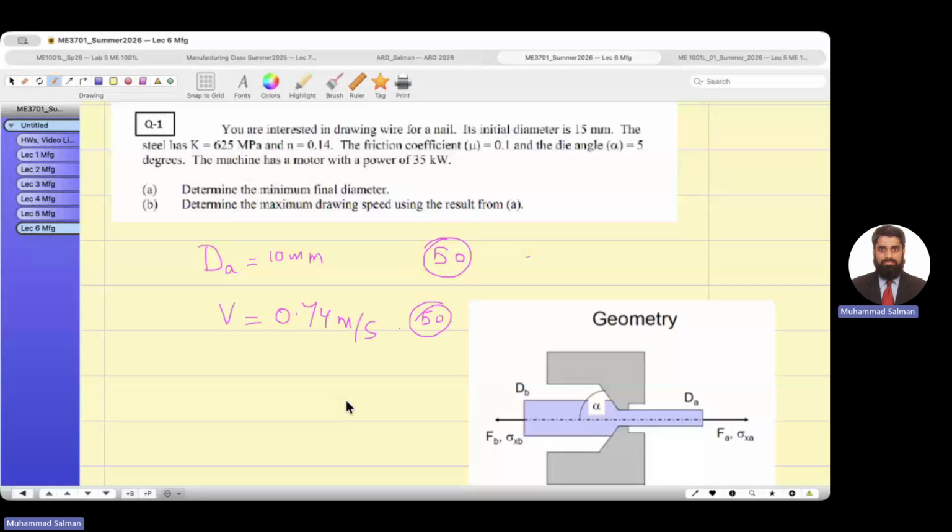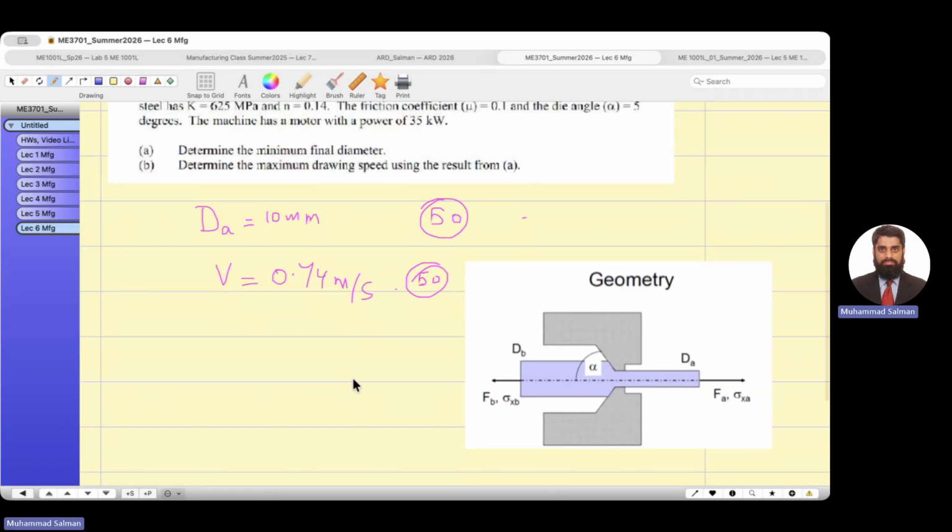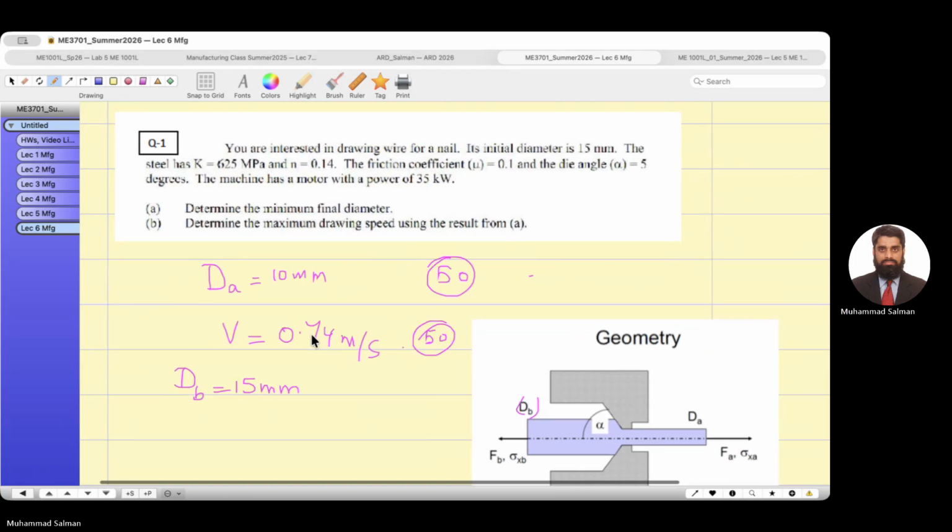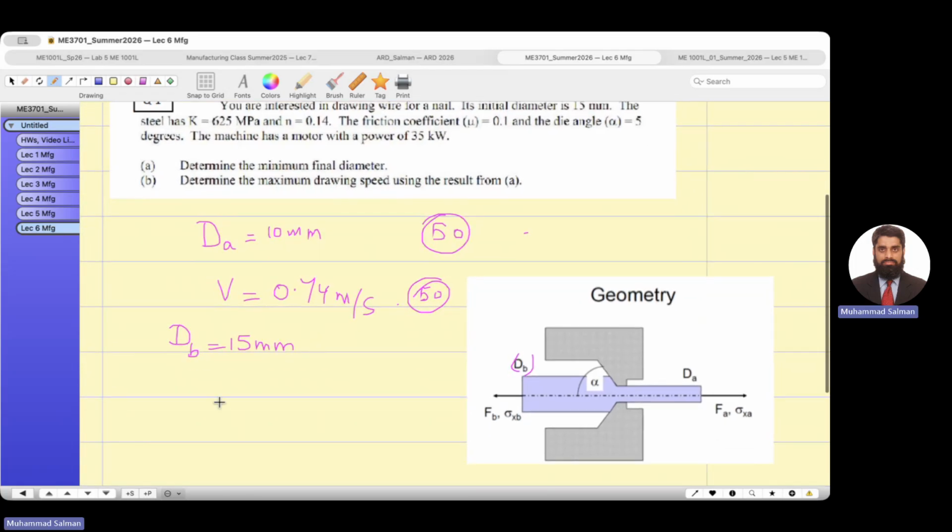Nails are manufactured by the drawing process, and its initial diameter is 15 millimeters. So if I write down the initial diameter, which is dB, it is 15. So this is my dB. Let me write down dB is 15 millimeters, and the steel has the strength coefficient K equals 625